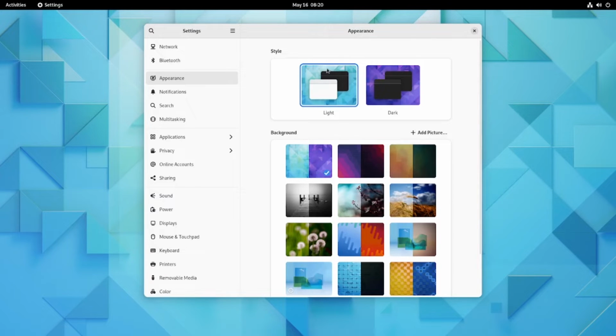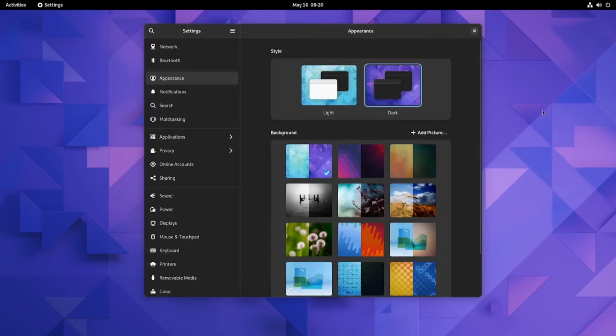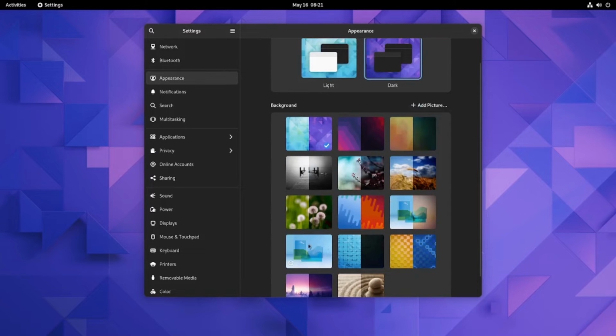So this is the light style, and if I click the dark style, the background will change to the picture on the right side. And how if I use this background, there's no left side or right side?